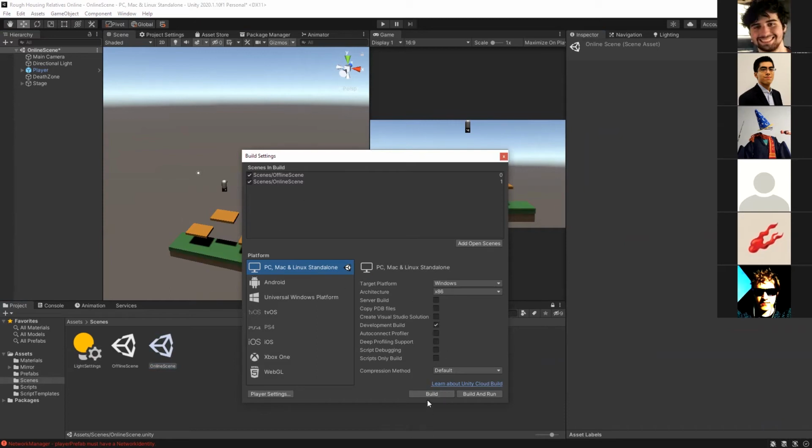When you click build, it'll give you a place to save it. So I'm just going to save it where I put all my builds. And it's okay to overwrite. Like when you're making multiple builds, it's okay to overwrite the current folder that you've already selected. Also, I noticed you can just drag scenes into the list. Oh, that's good to know.